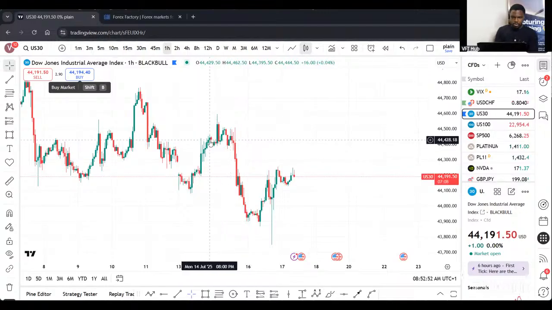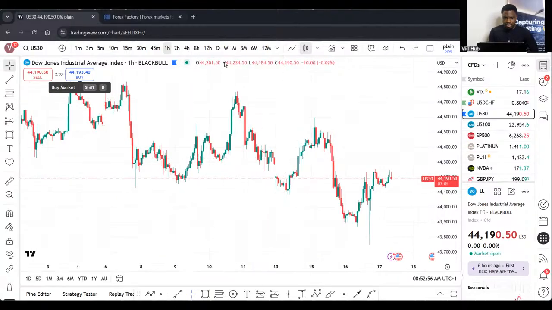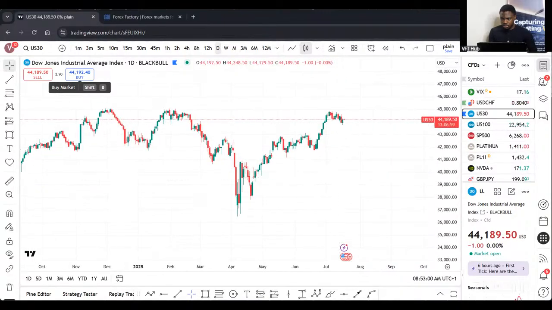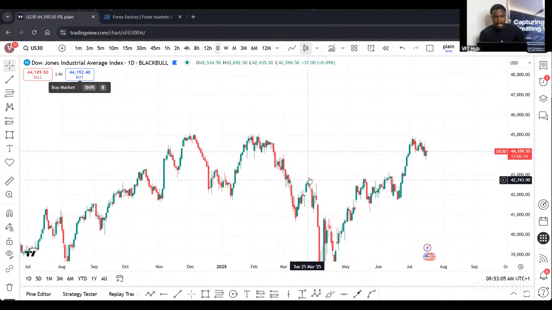Okay, that was on US 100. But then let's just do analysis on US 30 instead, and then eventually we'll move to the remaining asset class. All right, on US 100, US 30,